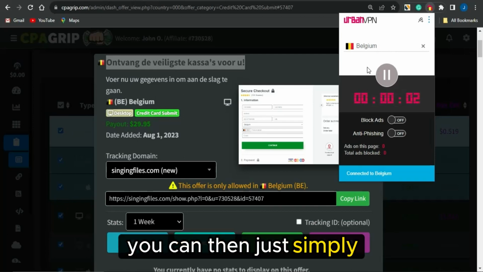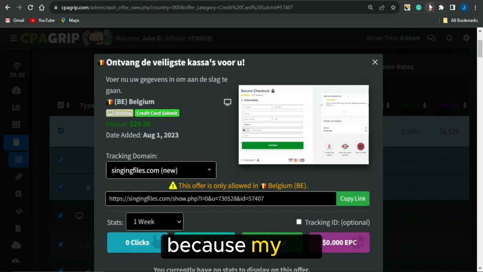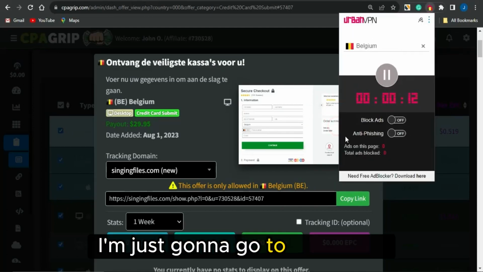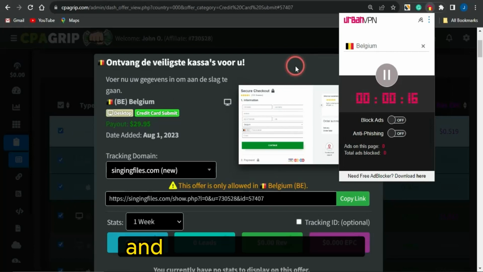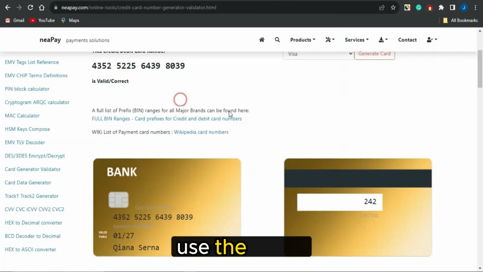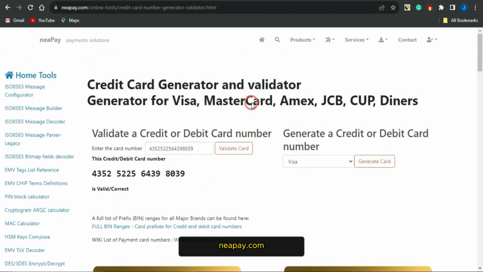You can then simply use this right here, copy the link to this offer, and because my VPN is already on the Belgium demographic, I'm just going to go onto a new tab, paste in that link, and complete that offer myself. And whenever that offer asks me for credit card details right here, I'm just going to use the credit card details which I get from this platform right here, which is called